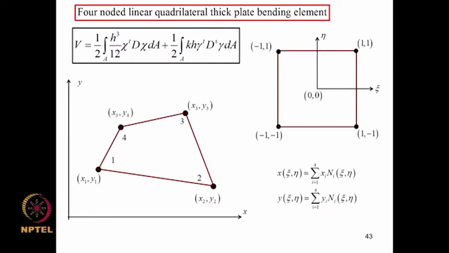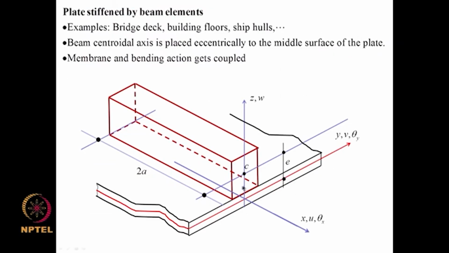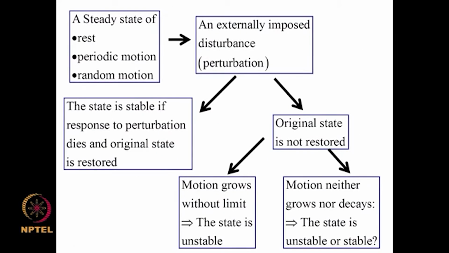Next we considered plate bending problems, and we developed several plate bending elements. We saw the question of how certain element formulations lead to non-conformity, and how to overcome that. We discussed several of those strategies. Then we also discussed how to deal with plates that are stiffened by beam elements. So we developed elements for dealing with this type of situation. At the end of these lectures, we were ready with stiffness and mass matrices and damping matrices and forcing vector for a wide class of problems,